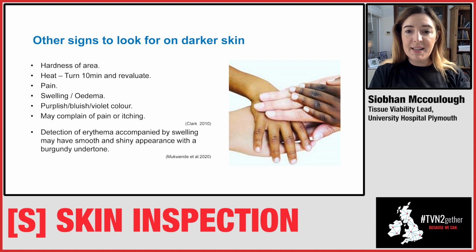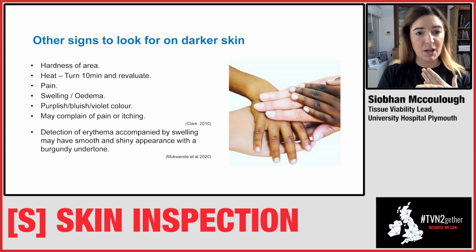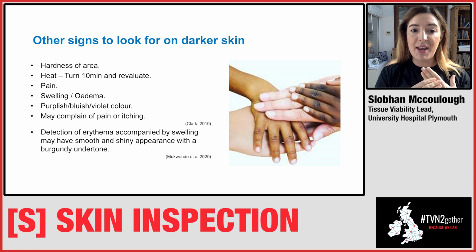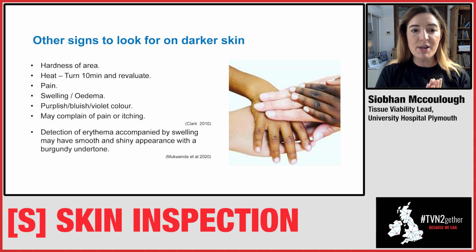So on all skin, the area may be getting quite hard from the inflammation response to the tissue hypoxia. The area may be getting quite hard on touch. The area may be hot for the same reason of the inflammation response. What you can do for darker skin, if it is a bit hard, it is getting a bit hot, but